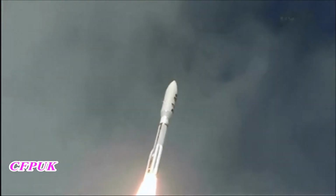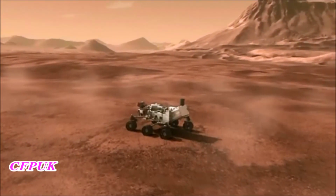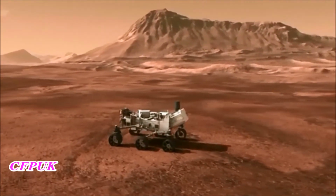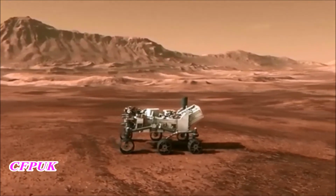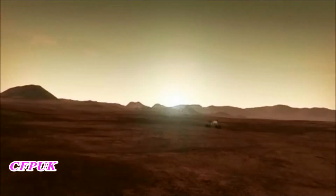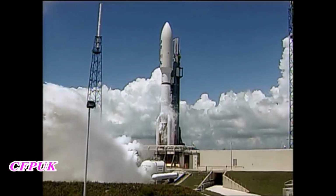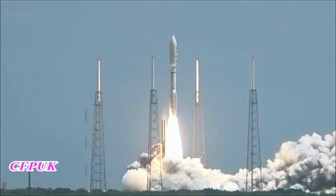Riding atop an Atlas V rocket, the car-sized rover Curiosity lifted off from Kennedy on November 26, 2011, on an ambitious mission to place a robotic geologist on Mars so researchers can find out more about the mysterious red planet. The Juno mission also began at Kennedy with an Atlas V thundering spaceward on August 5th